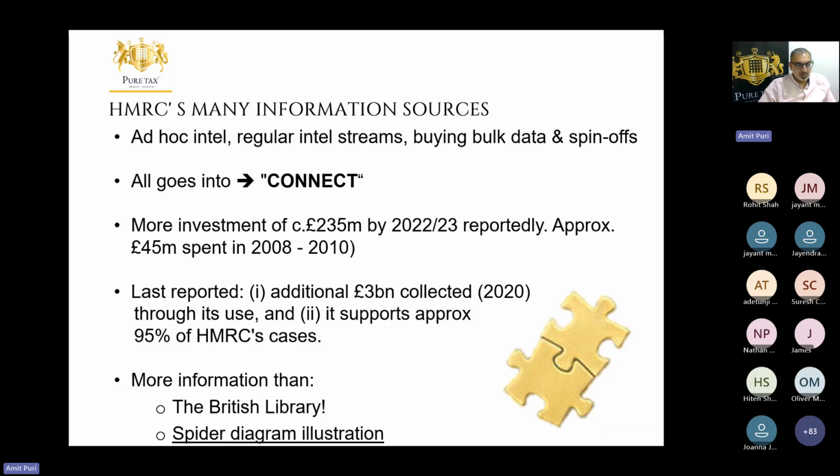In my time there, it was called something slightly different, but it was building. It was growing at that time. A lot of money has been spent on HMRC. And on these figures, you'll see HMRC claim that they've made over £3 billion in their inquiries through the use of Connect. I mean, that's debatable. We don't know how they come up with these figures, but we know they use them, right?